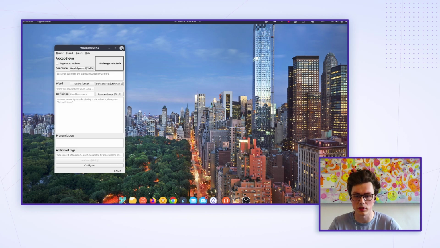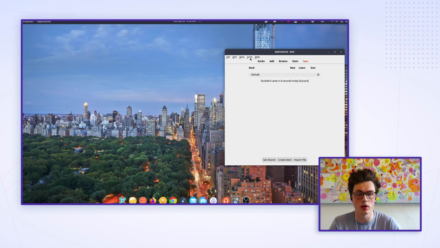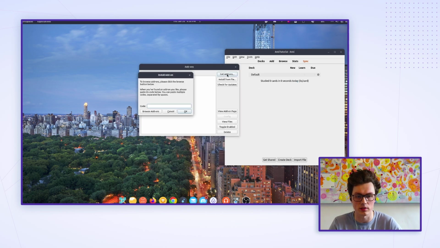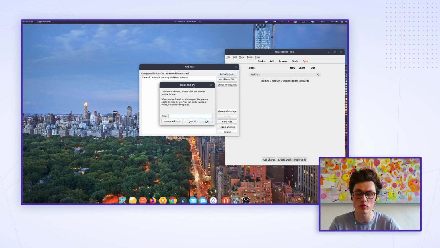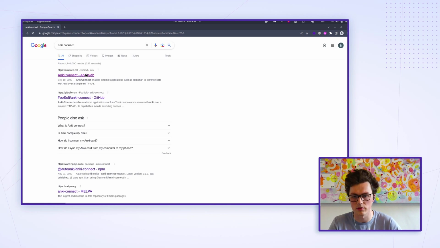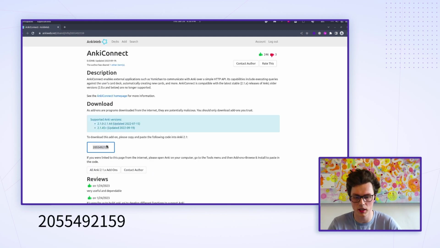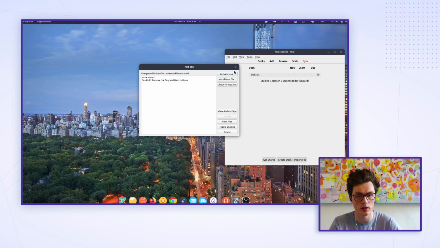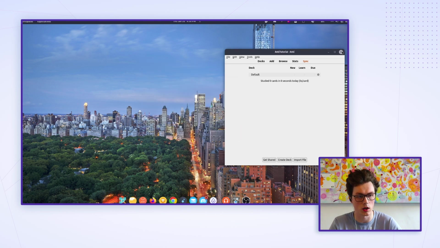So I'm actually going to close this all down, and then I'm going to open Anki. And now we have to install something called Anki Connect. So I'm going to click on Tools and go to Add-ons, and then I'm going to click on Get Add-ons. And now we need to copy and paste the code from the description, or you can get it by going to your browser and Googling Anki Connect. And then you'll find it here. You'll find the code, and I'll copy it, and then I'll paste and hit OK. Processing, installed successfully. OK. Going to close this, and we need to restart Anki, so I'll do that. And now we're back. And so now if we go into add-ons, we see we have Anki Connect. It's all good to go.